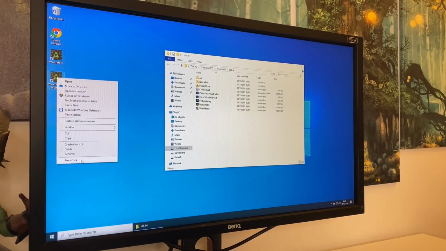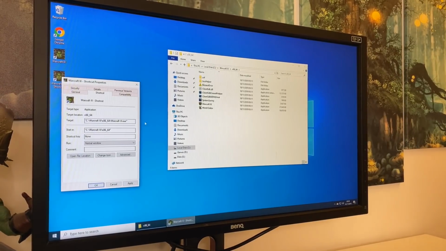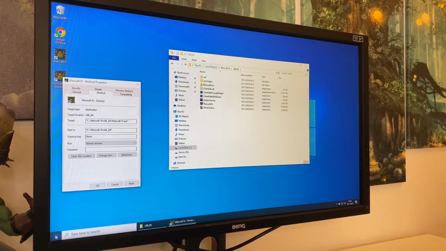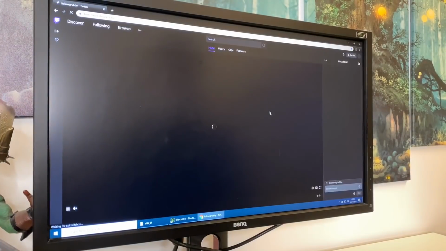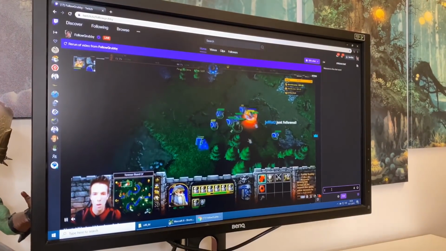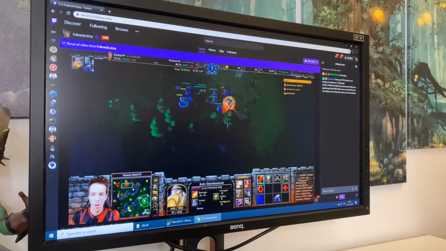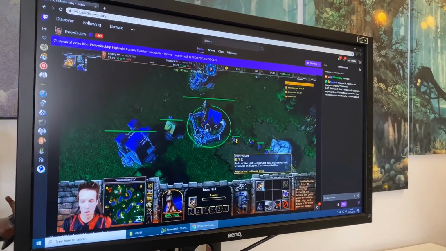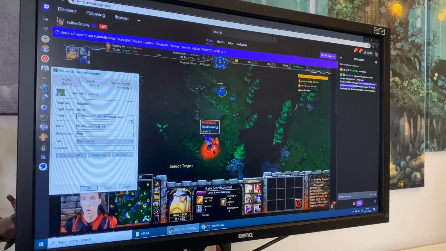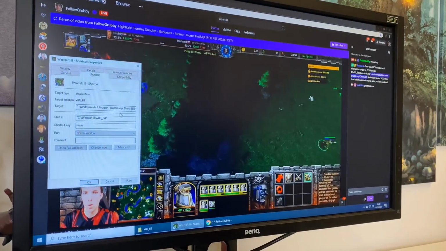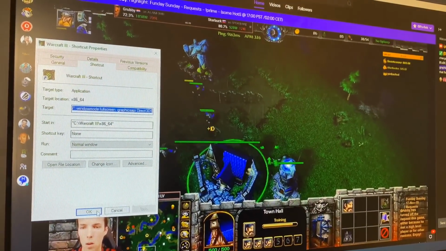We press right click, Properties, and we're going to be adding something to the target, space, and then we're going to be adding a code. I can tell you the easiest way by going to my Twitch channel, enter chat and type !mouse lag. You're gonna copy this part, everything behind the executable, copy paste into the shortcut. And it should look like this, with one space. Press Apply, OK,